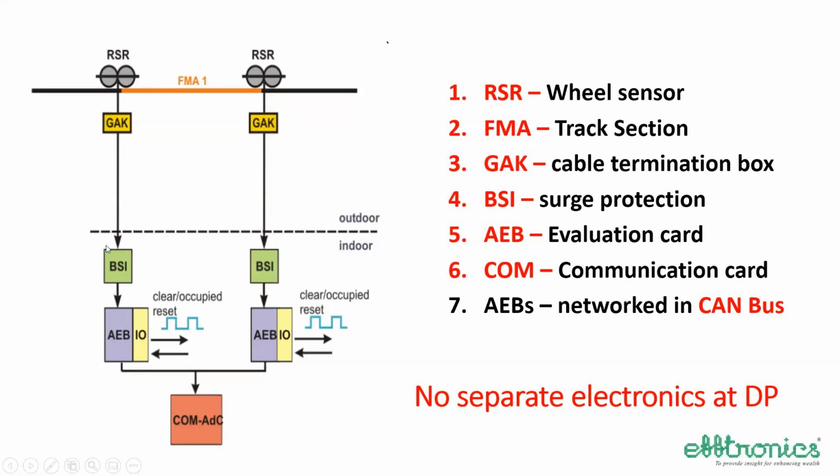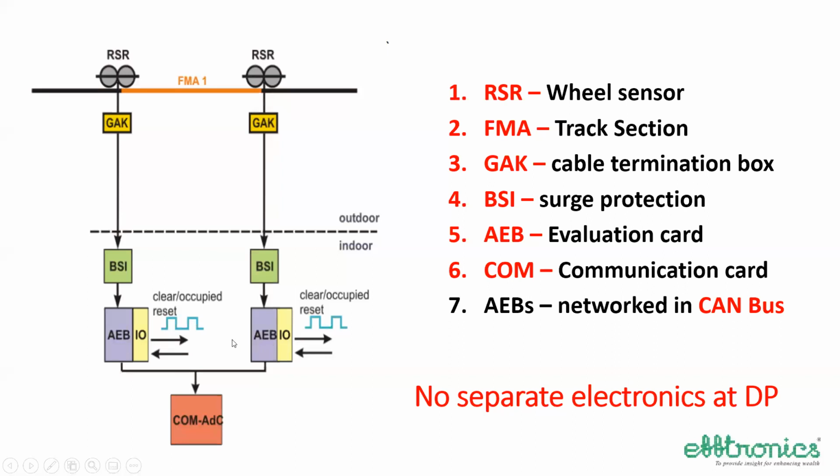And then this BSI is the one which protects the internal electronics from surges and other things. AEB is the card. I said there is no input card in this. Directly, it is connected to the AEB card. And the IO card is the one which provides the potential free contact as output and takes another potential free contact as input for the reset. So it can be available on both the places like this. Output can be available at